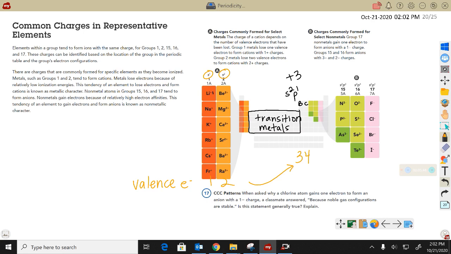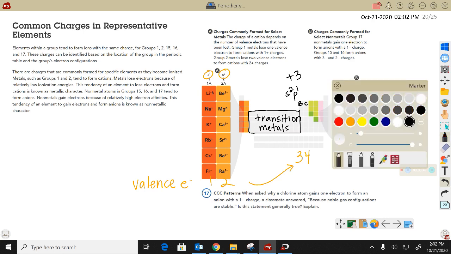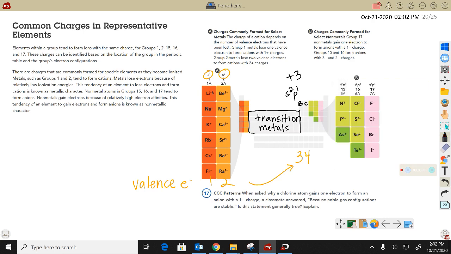And so sometimes we don't really see a charge written on top of the carbon family. If that bothers you, I usually just put plus or minus 4 by carbon. They can go either way, and in the end, it's going to depend on what carbon is bonding with. Is it something that wants to gain electrons or lose electrons? Then we can figure out if carbon's going to be the electron donor or the acceptor. But for the most part, it's safe to say plus or minus 4 in the carbon family, because they